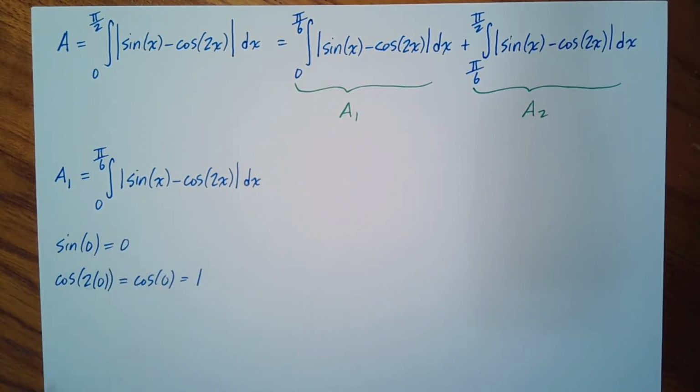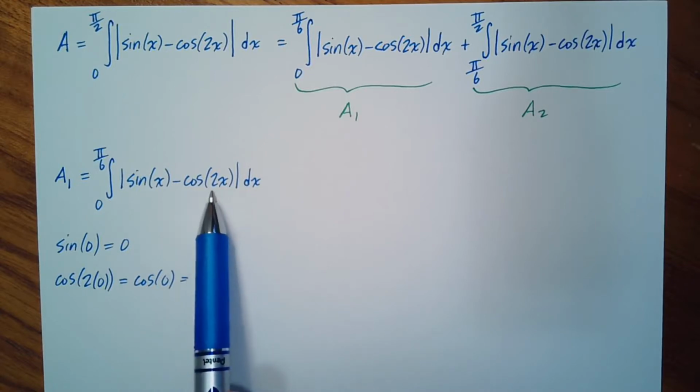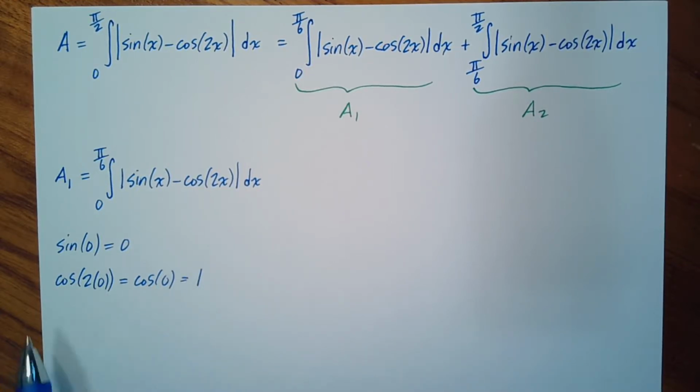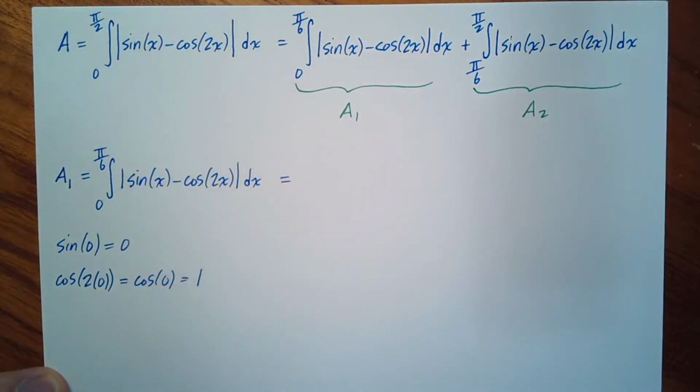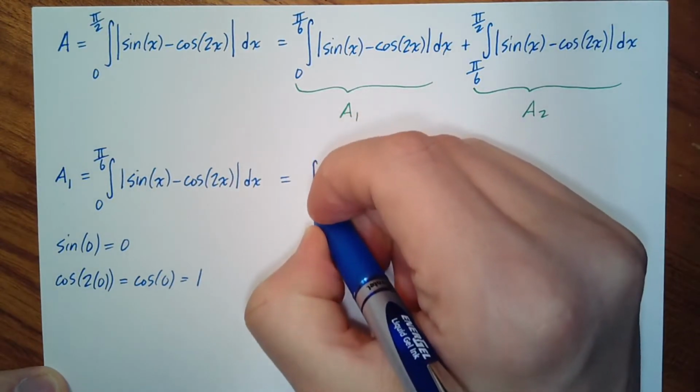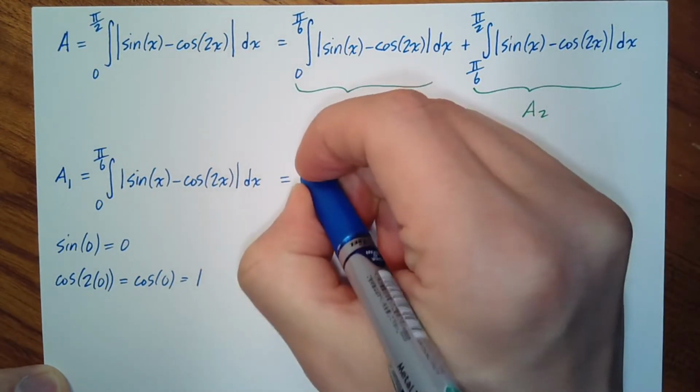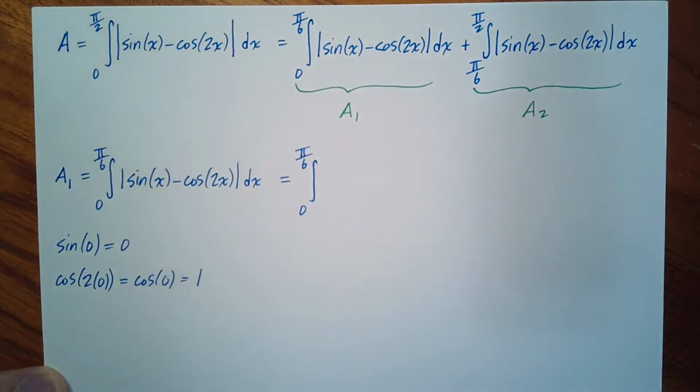Right, because 1 is greater than 0. But because of the fact that it's going to be the same, one of the functions is the top function for that entire region. That much you know at this point. So if cosine of 2x is the greater function at the point 0, it's got to be the greater function for the whole region. So what you can do now is just rewrite this so it doesn't have the absolute value sign anymore. You can just write this as 0 to pi over 6,